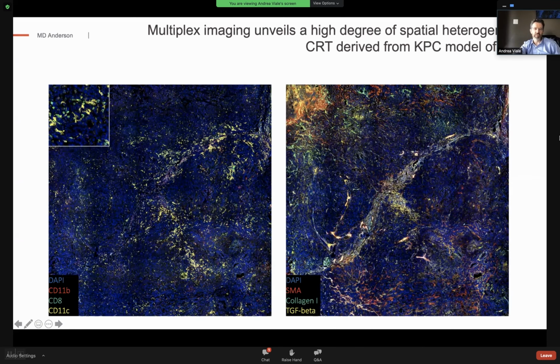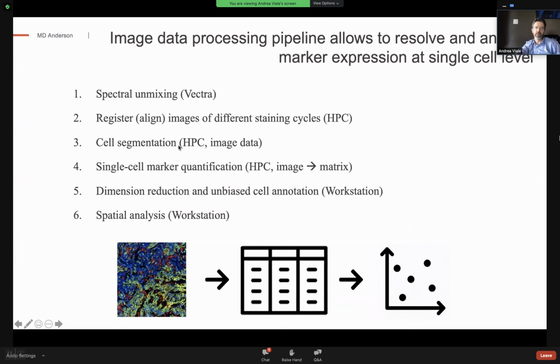This is just an example of other markers on the same region. Here we have myeloid markers, or markers that are staining the microenvironment, the stromal component. But what Nick did that was unique was developing a very robust image data processing pipeline that allows him